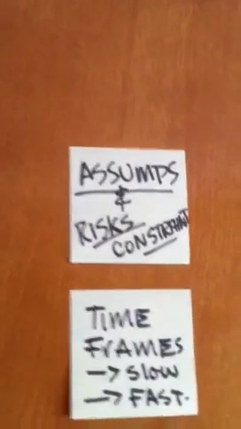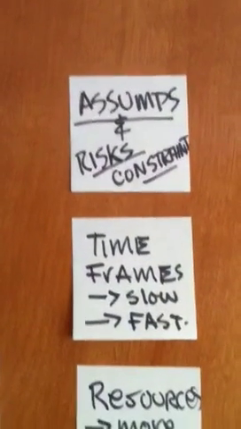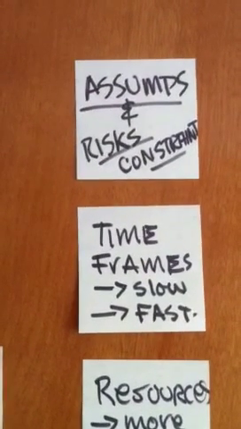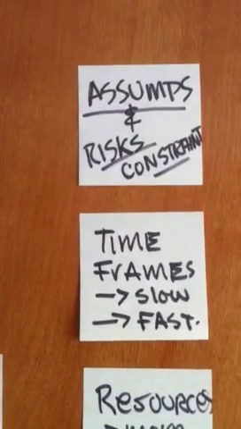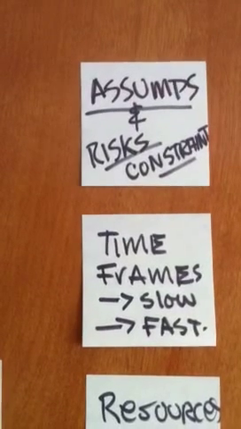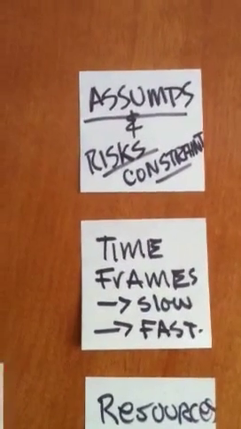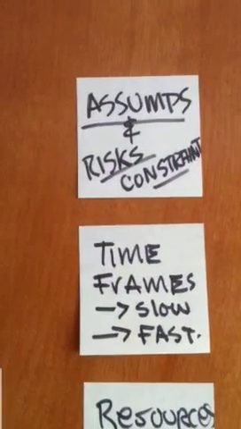Another one under the statement of work is assumptions, risks, and constraints. And what we mean by that is a lot of times you're making assumptions from the standpoint of time frames, getting things done. I would like to see a little bit of a what-if scenario in case the time frames slow down, or are there ways to speed it up, to accelerate it?